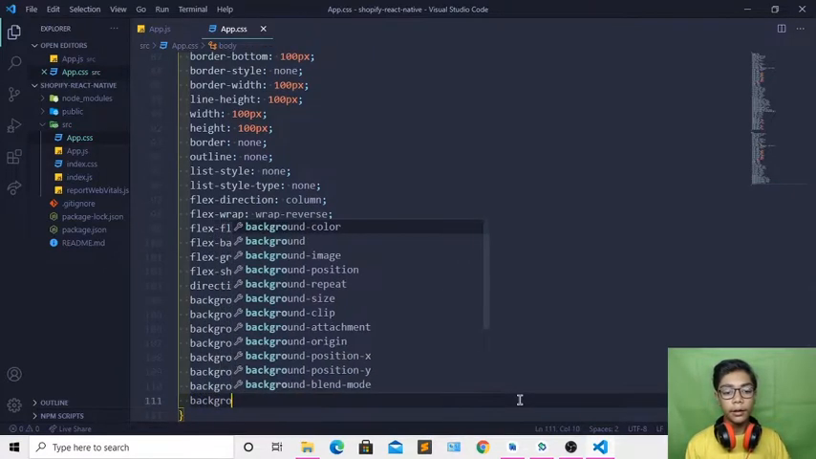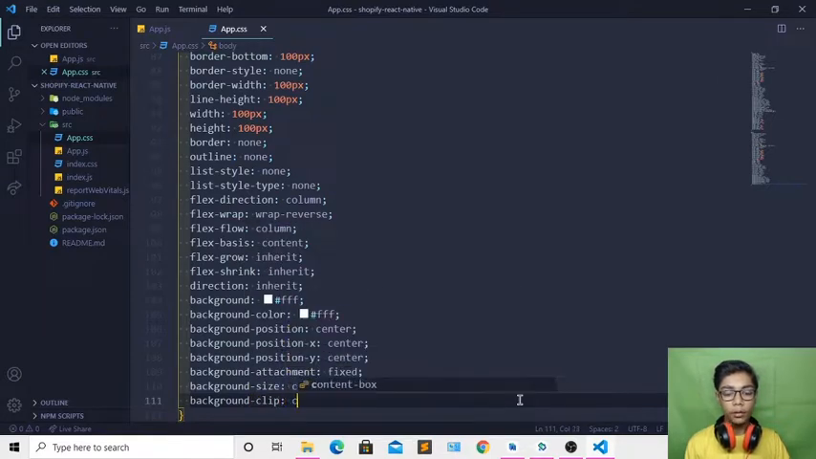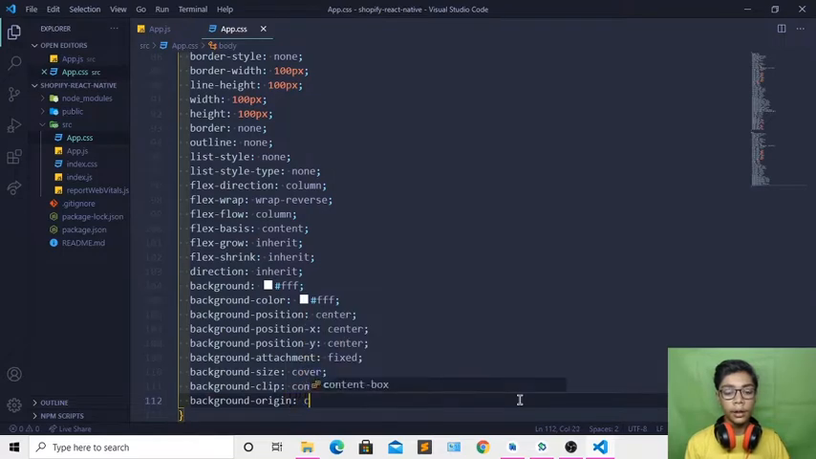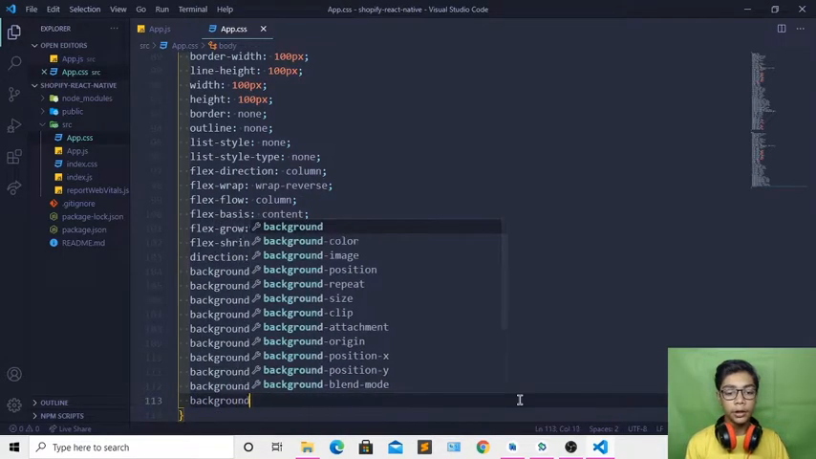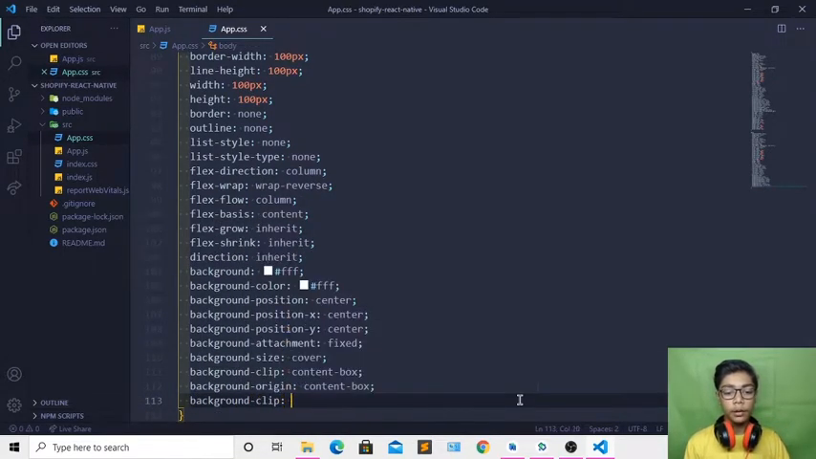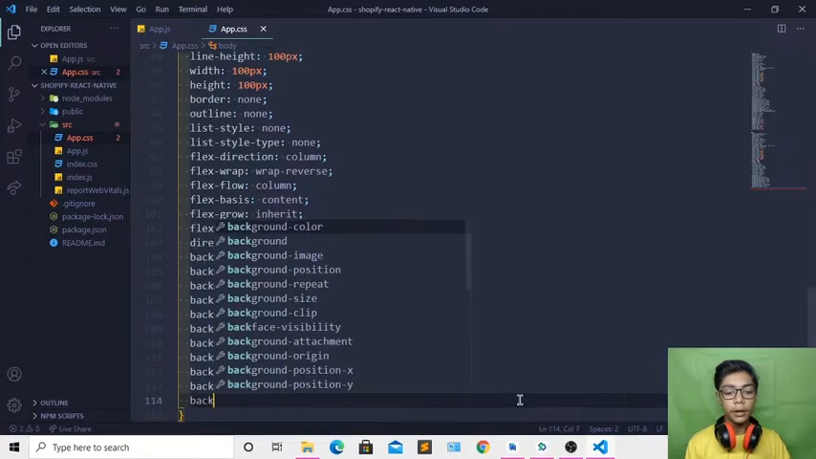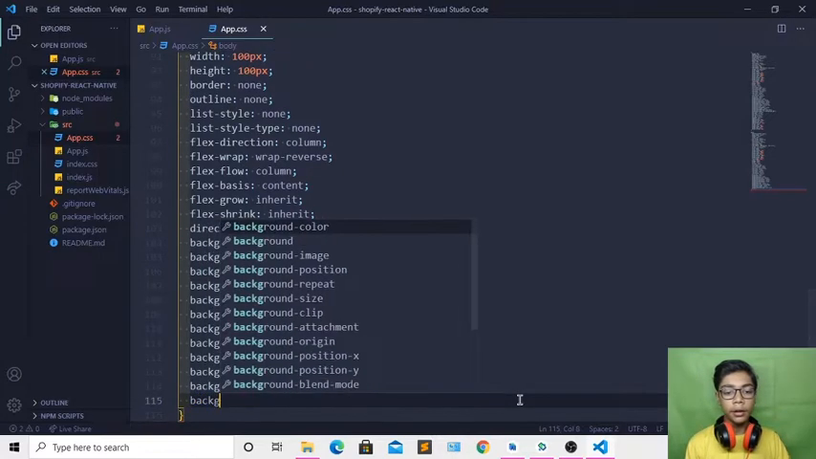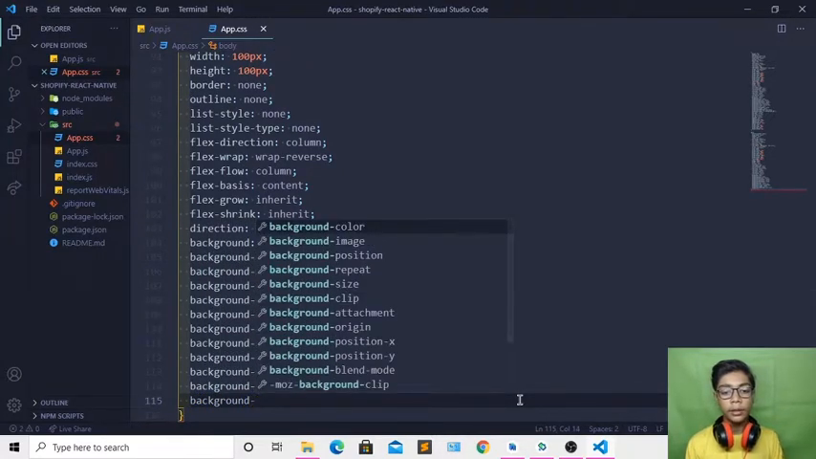Then I will be coming underneath again, creating background clip, content box, and background origin, which should also be content box. Then you have to just come underneath and create background clip, which we have already written. Now I'll be writing background repeat, which should be repeat. Then I will be coming underneath again, creating background blend mode, which should be color burn. Then I will be coming underneath, creating background, and I'll be changing this to